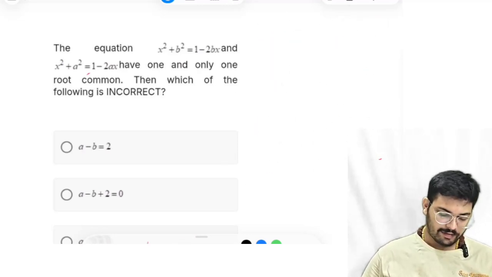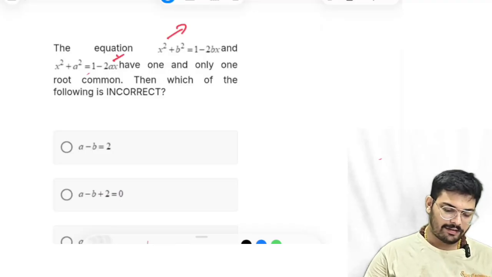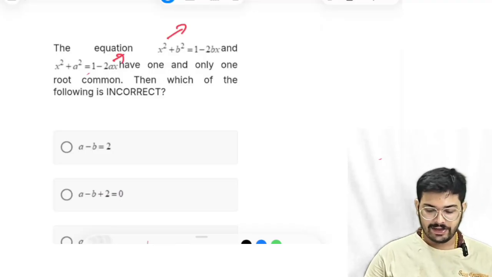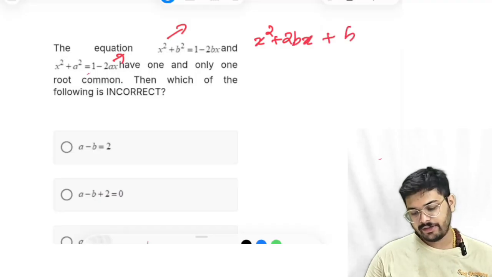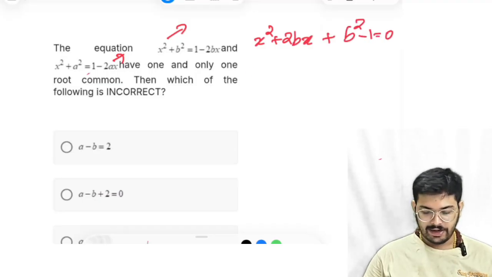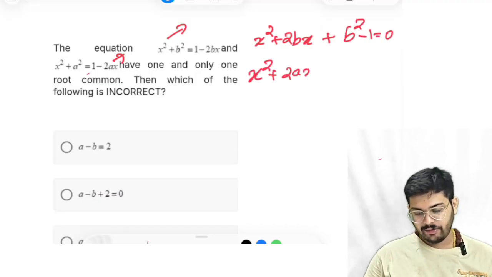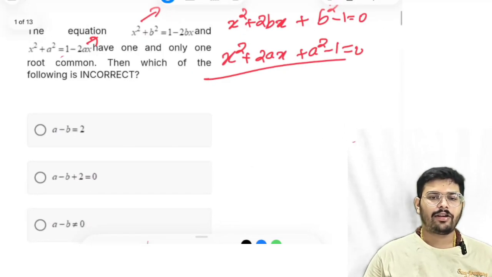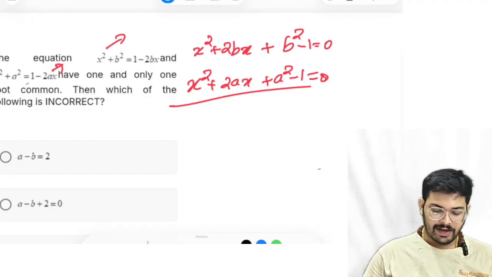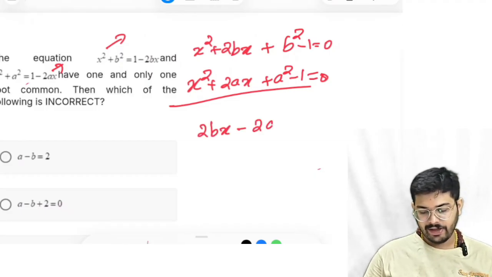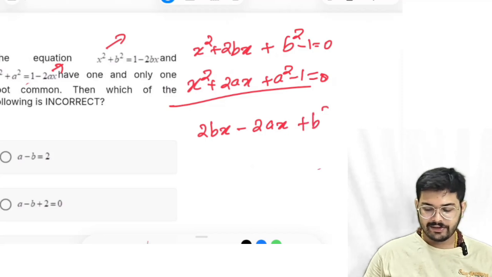For finding the common root, let alpha be the root of these two polynomials. First, we can write this polynomial x square plus 2bx plus b square minus 1 equal to 0. Another one is x square plus 2ax plus a square minus 1 equal to 0. Now, we need to find the common root alpha. For that, we will subtract these two equations. When you subtract, x square will be cancelled, and 2bx minus 2ax. Here b square minus a square will be there, and minus 1 and plus 1 will